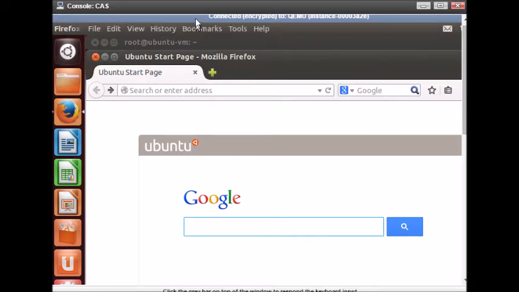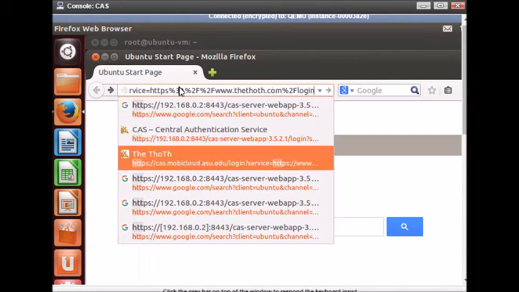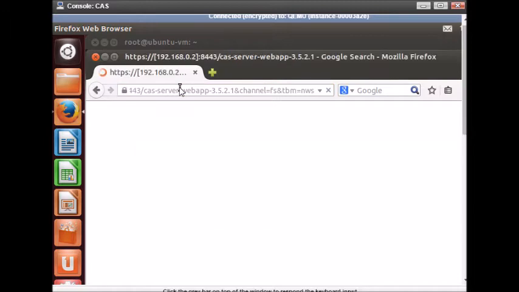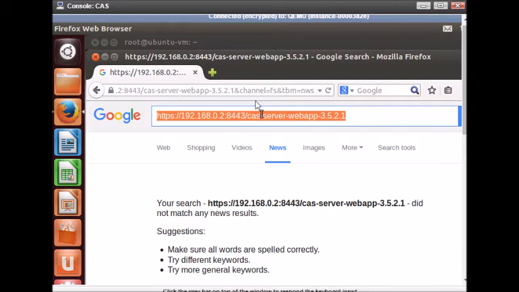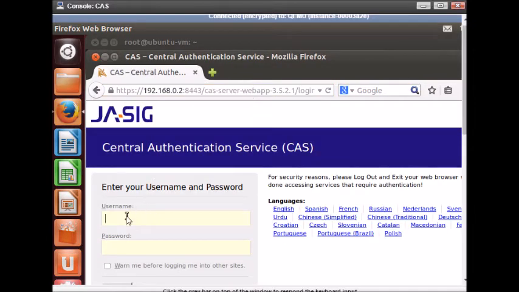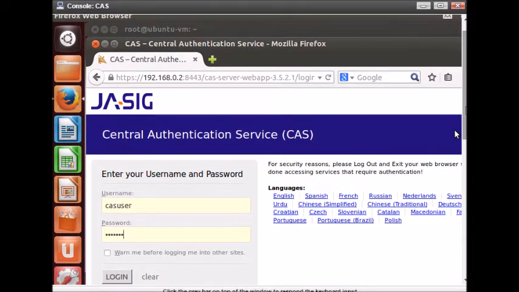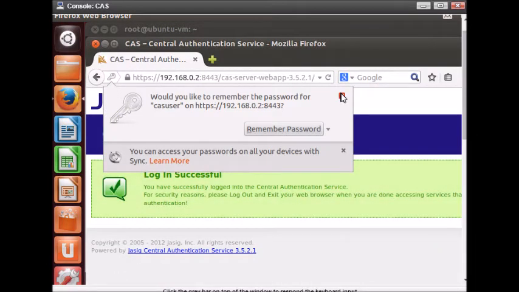So checking the CAS server on the browser. So here now we register the user by giving the user ID and password, CAS user. Login successful. Now we have registered.